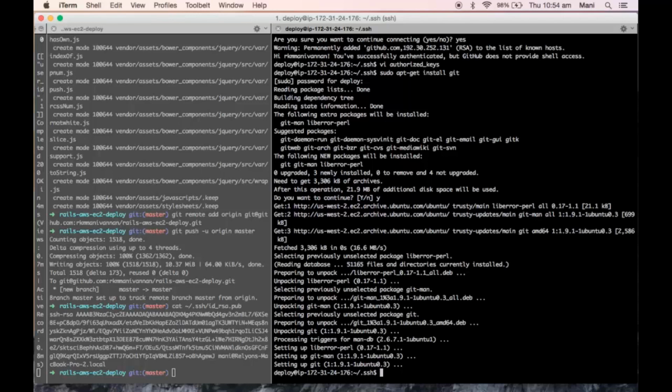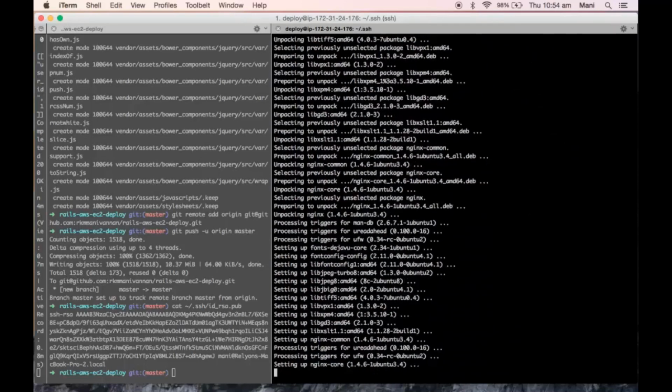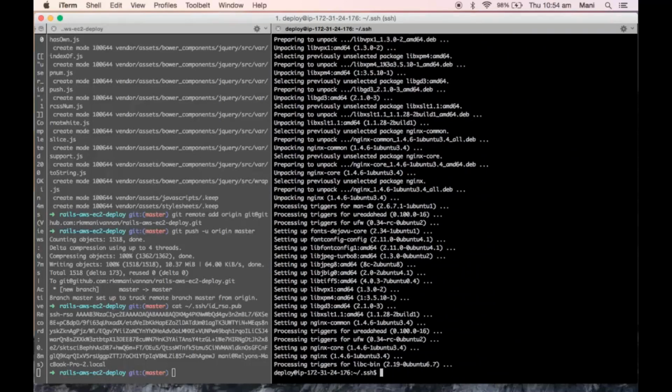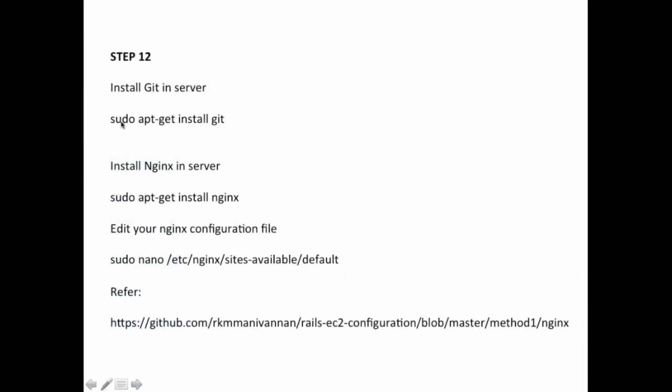Next we need to install the nginx server. We are done with the installation of git and nginx.